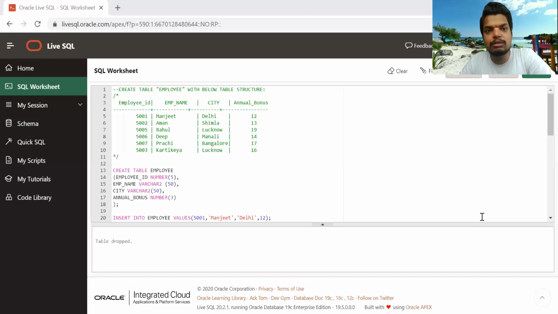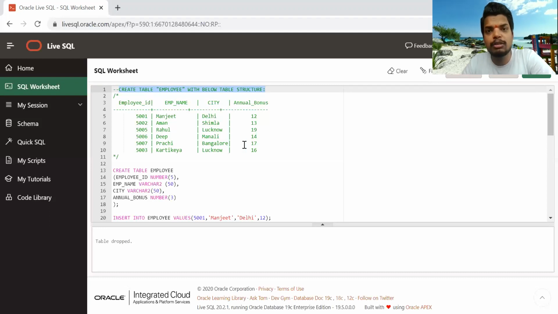Here is my first task. Your first task is that we are creating a table employee. This is the way we comment in SQL. The double hyphen provides a single line comment, and if we write the slash operator with the star, and then the star with the slash operator, whatever we write inside this is an example of multi-line comments. Firstly, I'm showing you how we are creating the table.